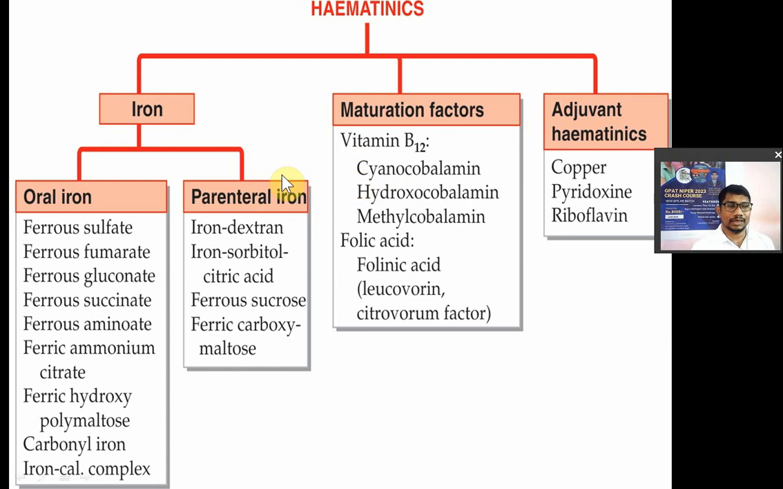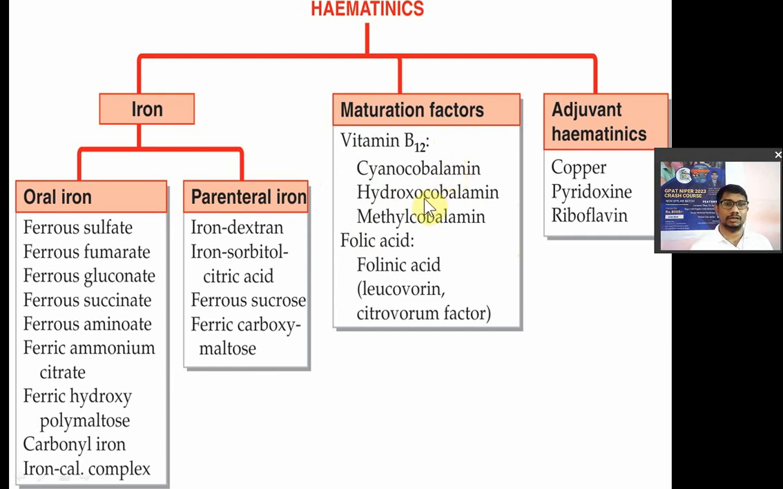Vitamers means what? Just like isomers for organic compounds, if a vitamin has different forms, then they are called vitamers. Vitamin B12 is known as cyanocobalamin. In this cyanocobalamin, the cyanide group is there and the cobalt atom is there. Now hydroxocobalamin is a hydroxy derivative of cyanocobalamin. Then methylcobalamin is an active form of vitamin B12, or it is also known as mecobalamin. Now these are very important for the